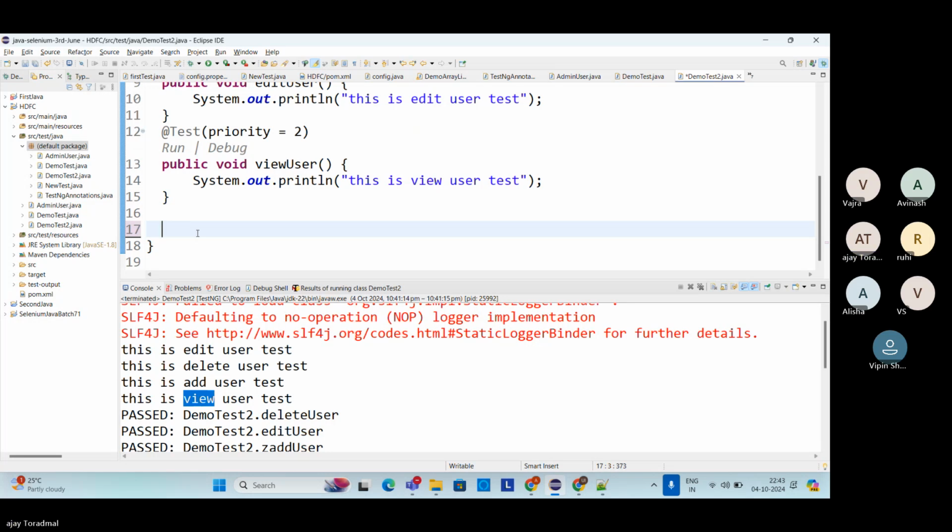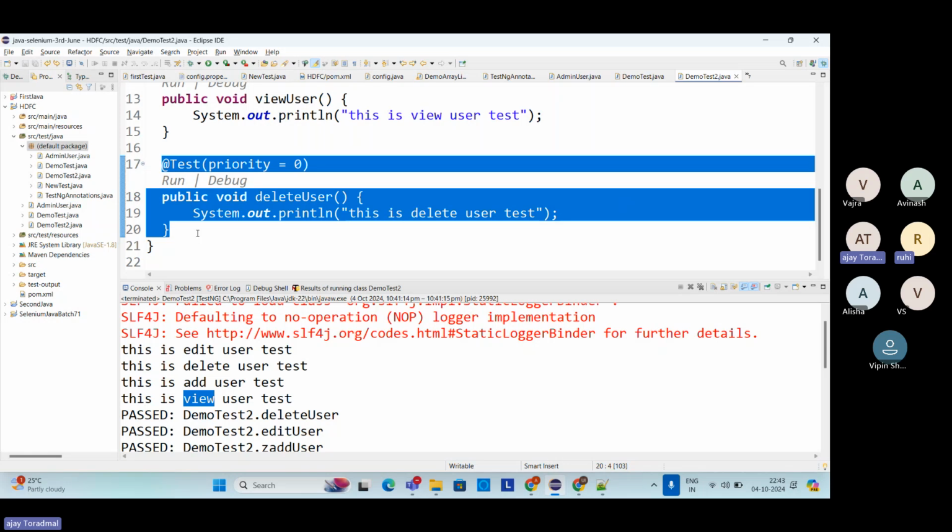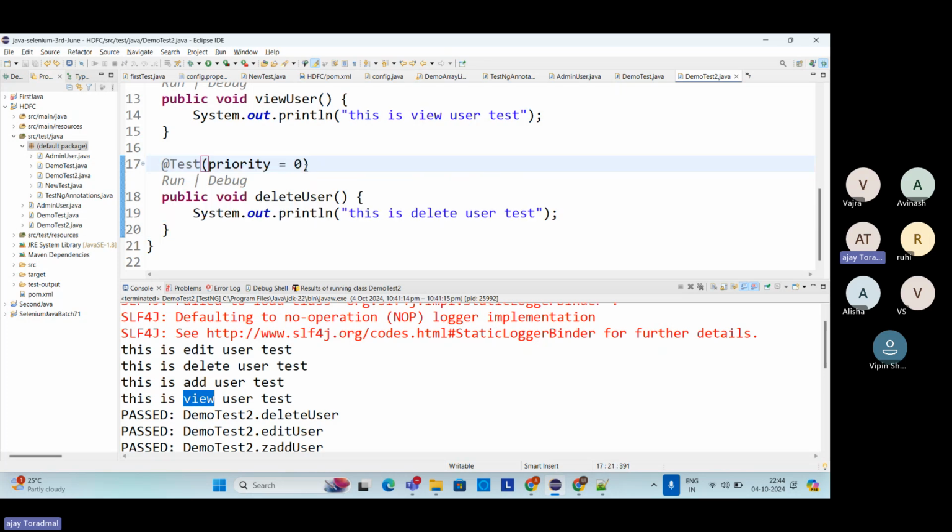Instead of removing, we can disable. If you remove it and tomorrow that functionality comes back, because it's in the application, no one can say what requirement will come. Maybe tomorrow the requirement comes again to delete the user. But because you have removed that particular test case, you have to write that test case again. So instead of removing, you can simply go ahead and say here,